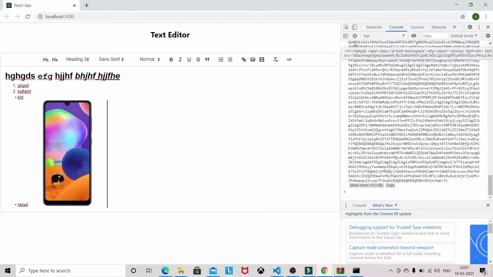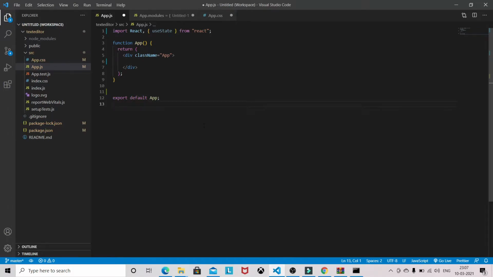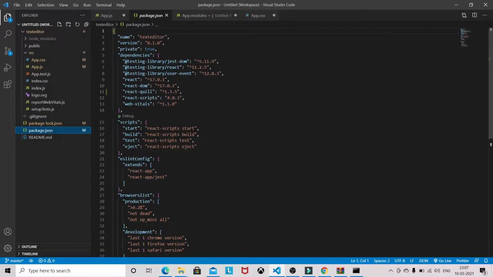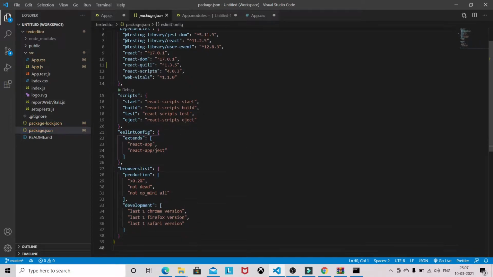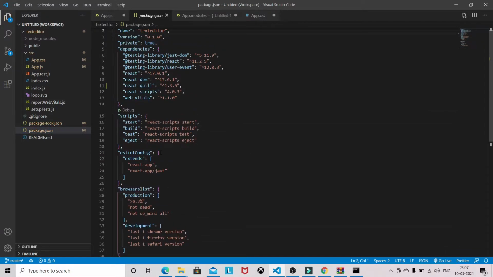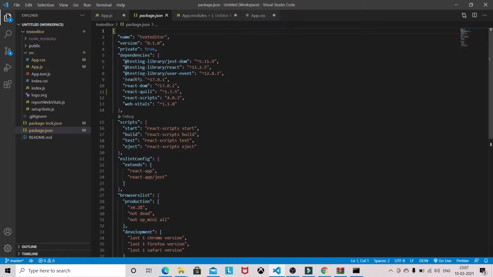So let's jump into our VS Code. Before we start working on this editor, you need to install one package. So you need to install this package, React Quill.